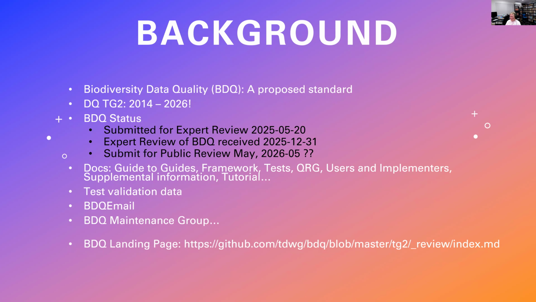We've also included documentation for users and implementers and a quick reference guide similar to that related to Darwin Core. But we've also included quite a bit of contextual information in a supplement document and a very comprehensive tutorial. We've also included test validation data, and